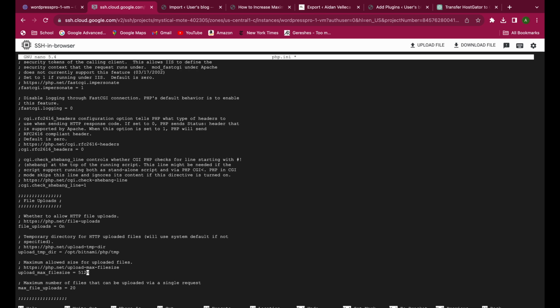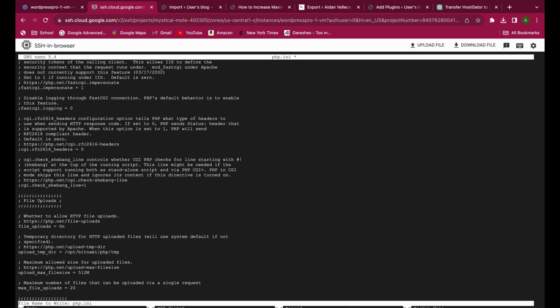I think it works up to at least 512. I don't know if it's going to make you get the plugin, like the pro version, for over 512, but you can definitely go more than 80 if you're getting the 80 issue. So change that to whatever you need, and then you're going to want to exit,